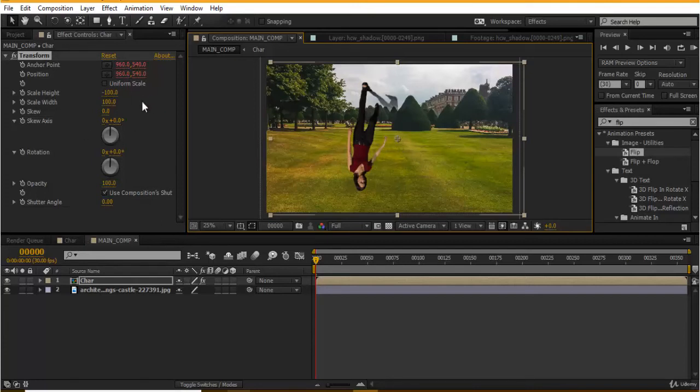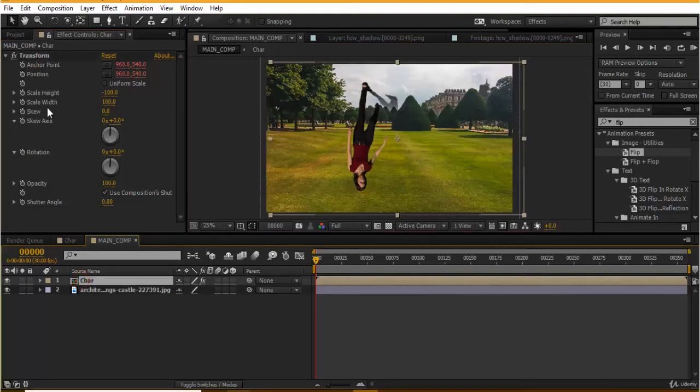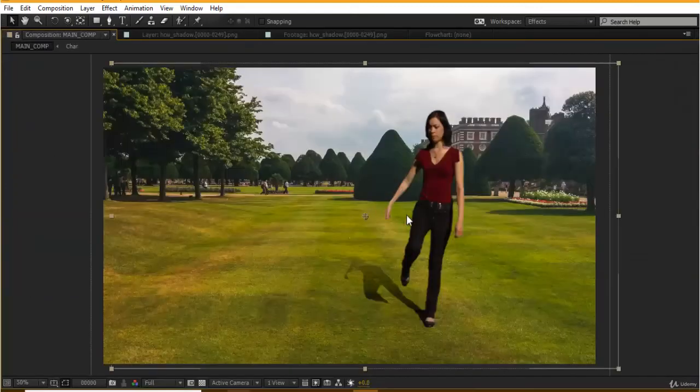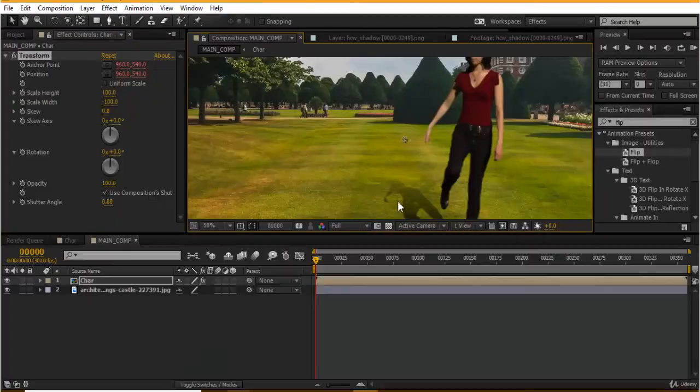So what I would do here is, inside this there is an option known as Transform. As you can see, this effect has been inserted on my character on my main comp. Inside, my scale height right now is at -100. So I would type this to 100 rather than -100, and the scale width I would actually like to set to -100. So if you see here, now the direction of the shadow for this character is equally mapping, or is equal to the shadow emitted by my trees over here.